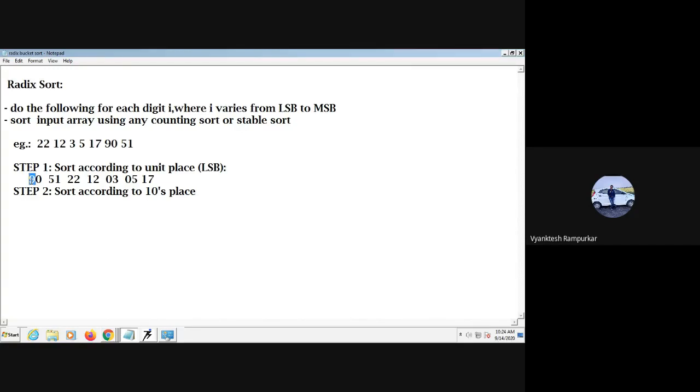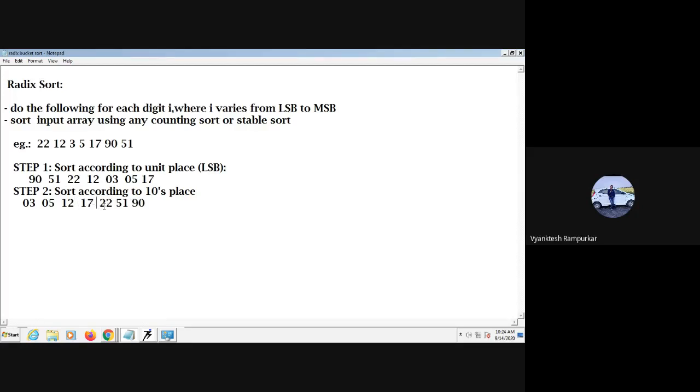The tens place is this place. So 03 comes first, then 05, then 12, then 17, then 22, then 51, then 90.